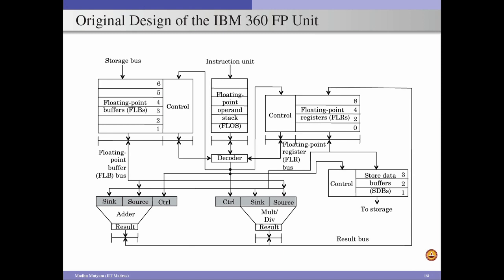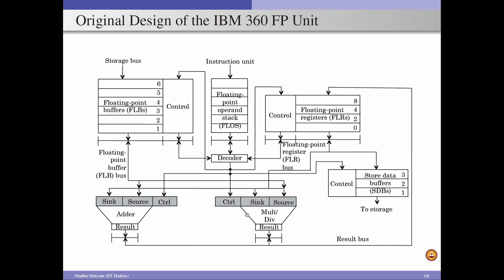So the data will be updated in the floating point register, and from there, if the data needs to be written to the memory, then it will be sent to the store data buffer using a separate connection. And similarly, if the instruction wants to read the data from the memory, we are going to read the data onto the FLBs, so from the FLB